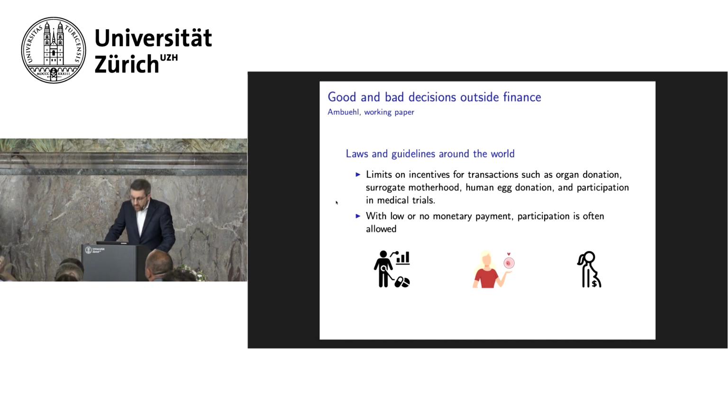Now, for transactions like these, they are often legal, but only if you don't take too much money for it. So for instance, in the US, for a long time, as a woman, you could donate eggs, but only if you didn't take more than $10,000 for it. As a clinical trial participant, typically, you can't take more money than $3,000. Why? You know, if you're a hairdresser, you can't take more than $25 per hour, that would be very confusing. Why would we do that?